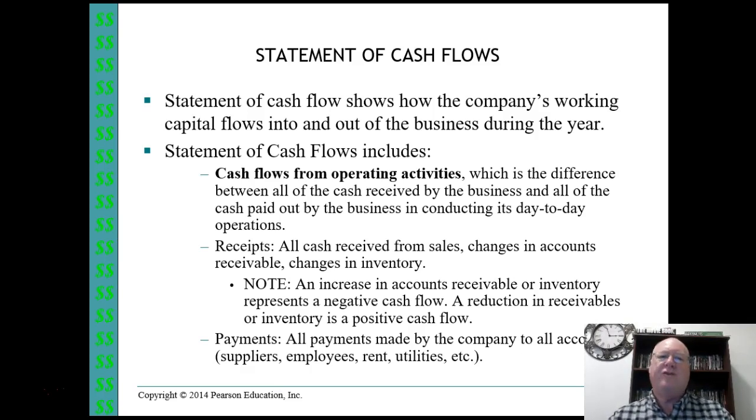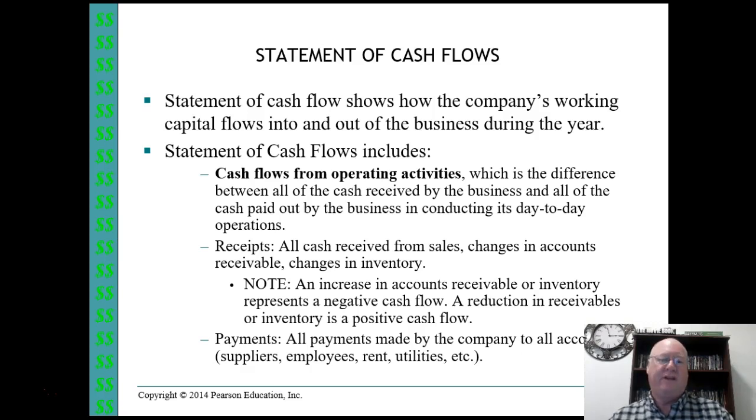The first part is cash flow from operating activities, which is the difference between all of the cash received by the business and all of the cash that is paid out by the business in conducting its day-to-day operations, whatever those day-to-day operations may entail. For a retailer, of course, it's just going to be the retail operations and all of the back office support of that. For a manufacturer, it's obviously going to be the manufacturing operations. So receipts are looking at all the cash that has come in from sales, and changes in accounts receivable